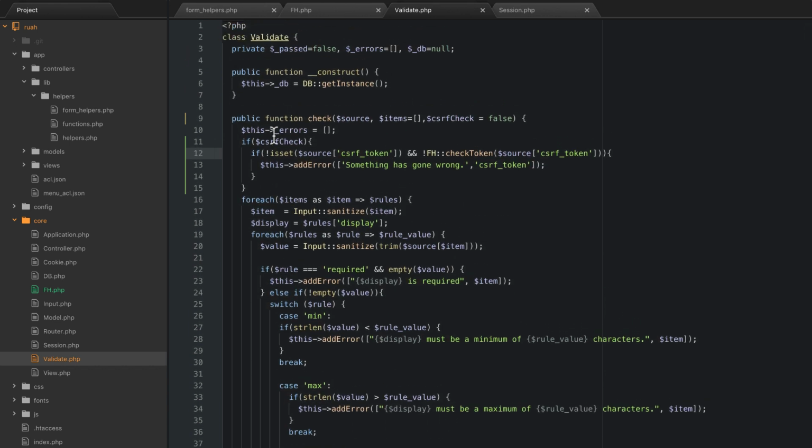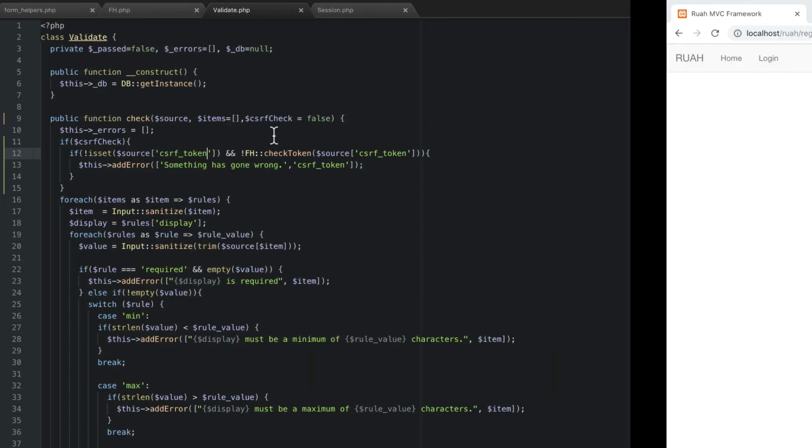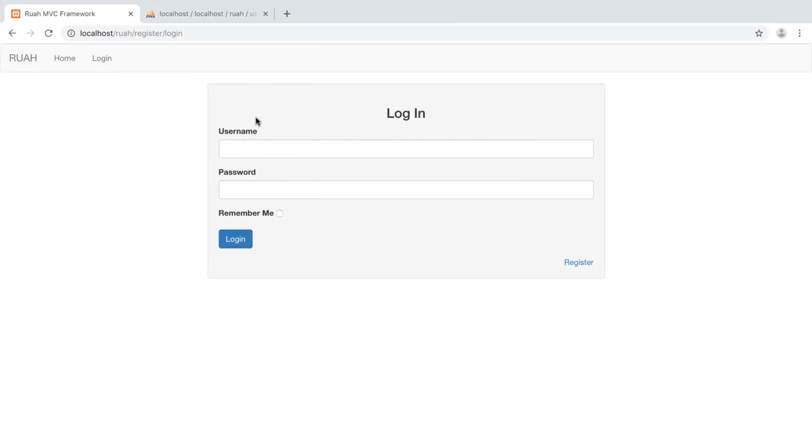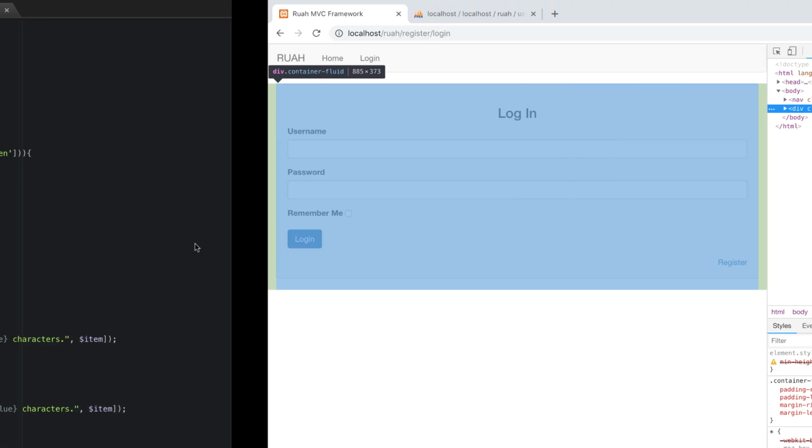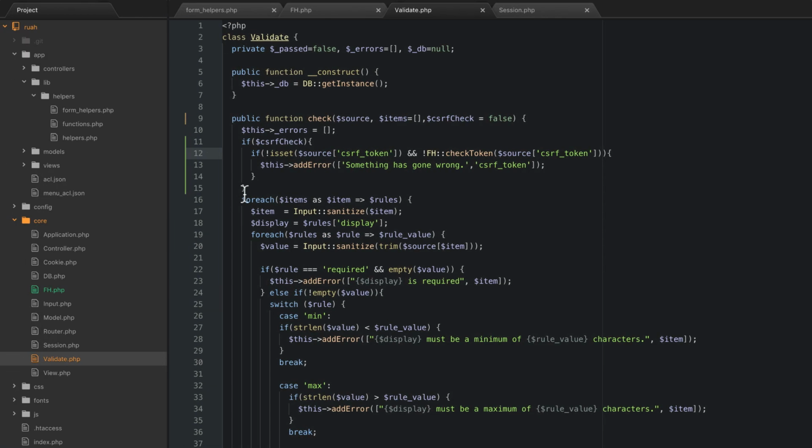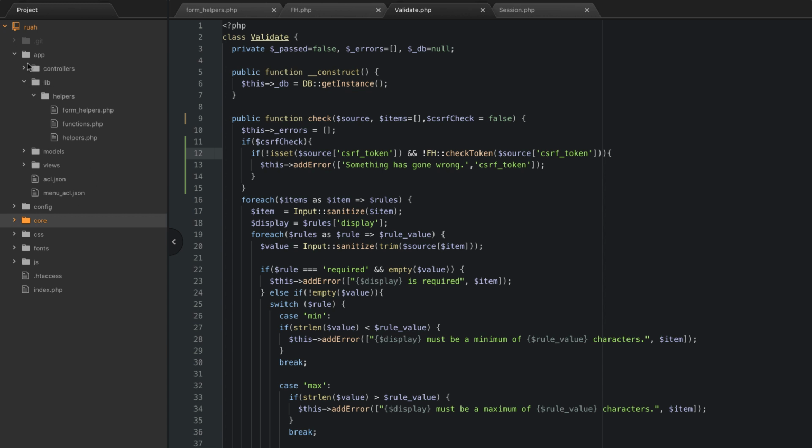The next thing we need to do is add this to all of our forms. So let's pick a form to add it to. Let's go ahead and add it to our login form here, since that's what I have open. So I'm going to go ahead and open the inspector here so I can show you what this does. So let's go and find that login form. So this is actually going to post to